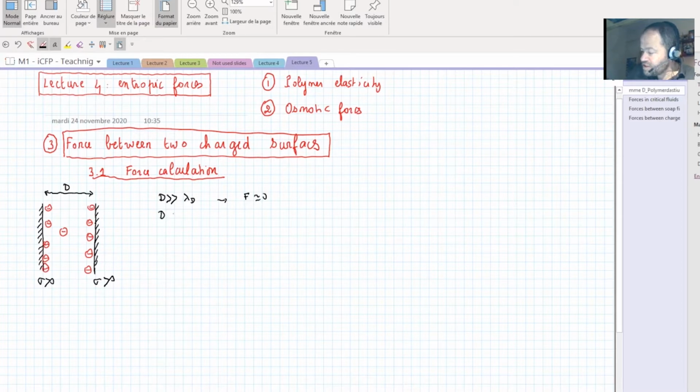And if the distance is smaller or of the same order of magnitude as the Debye length, we will see a force between the surfaces. And this is exactly the force that we want to calculate here. What is important is to understand that since we have a concentration of ions here, the rho plus and rho minus between the two surfaces,